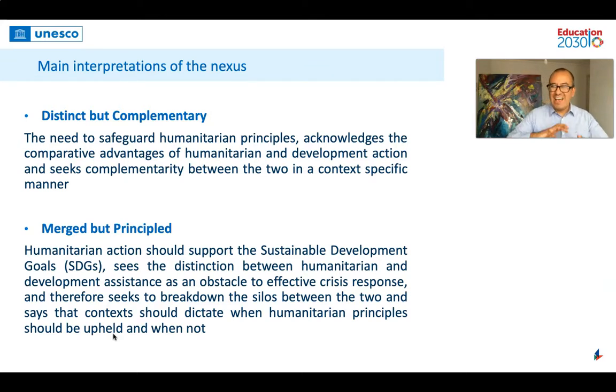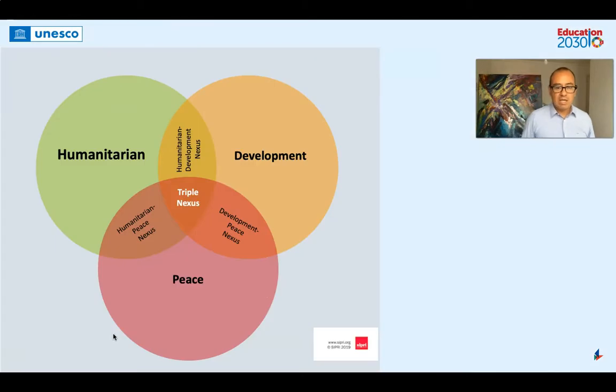So that means that the whole articulation should be done since the development plans that will include response and humanitarian actions, and in the humanitarian actions that link, for instance, with the development planning that we have. So like that, we merge both of them together, and we don't see them as two separate but complementary actors, but as merged actors that are doing the same kind of work in order to avoid many distortions in the actions of the different actors that are working in times of crisis, in times of disasters, or in times of peace, or in times of normal situations. So this is how we can interpret the triple nexus.